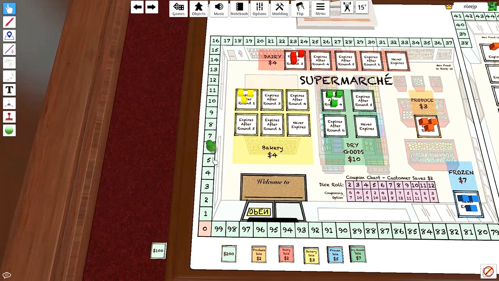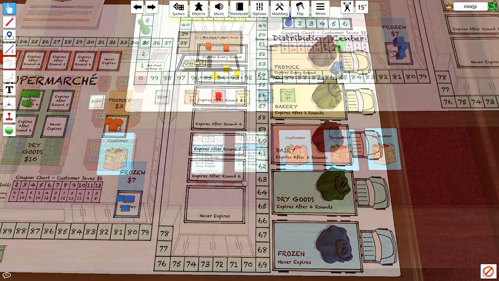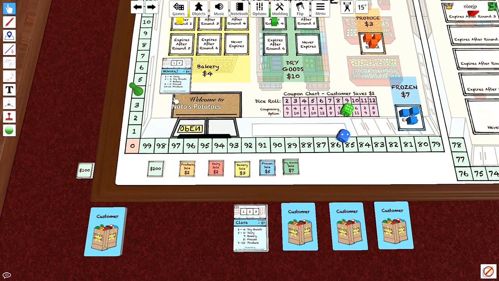You want to make sure that every customer's cart is filled. You don't want them to leave unhappy. So everything else looks pretty good. I've only got $15 to spend, and I don't want to spend down to 0 on my first round here. So we'll just go with this shopper here,